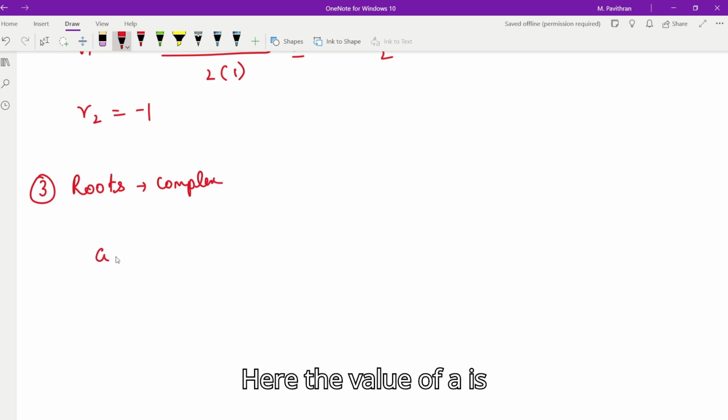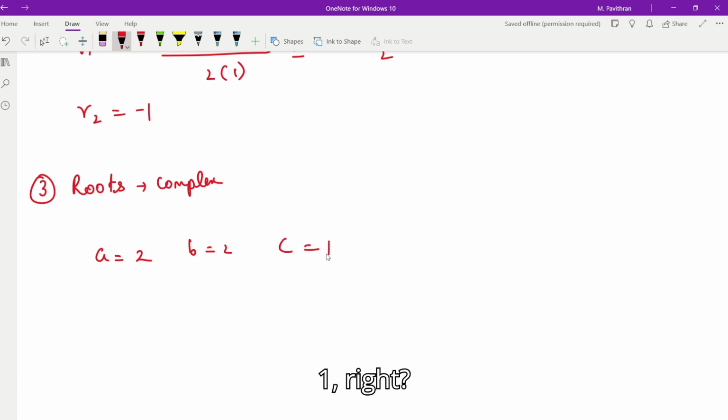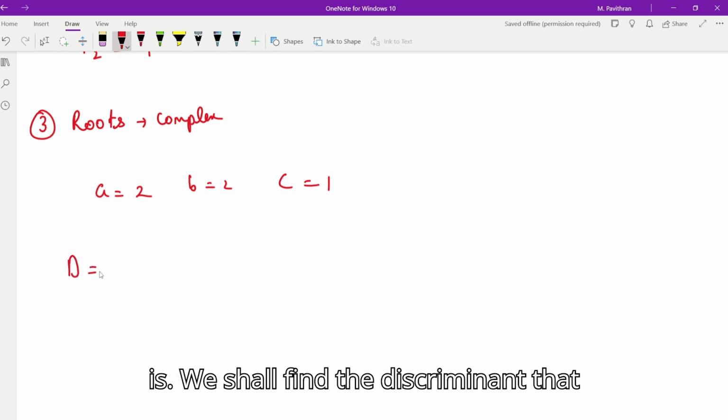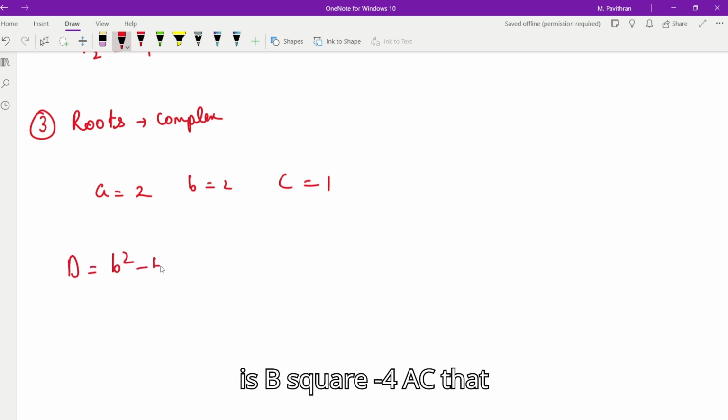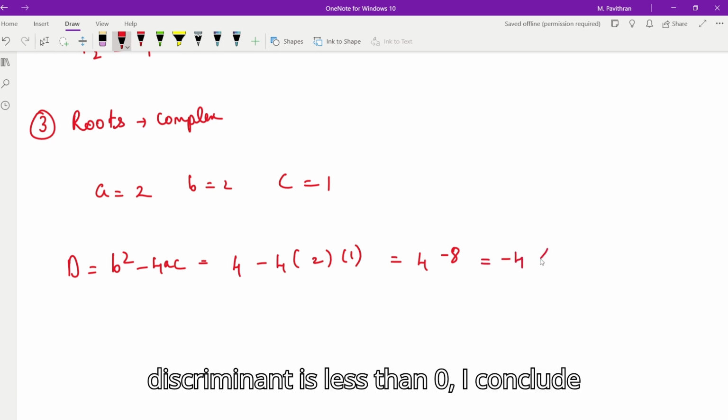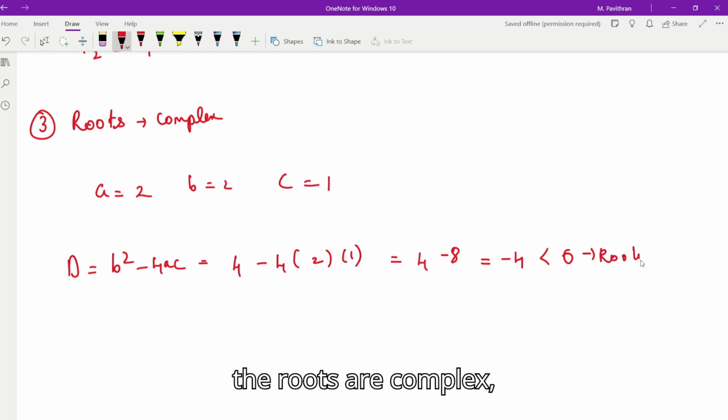Here the value of a is 2, b is 2 and c is 1, right? Let's find the nature of the roots, that is, we shall find the discriminant, that is b square minus 4ac, that equals 4 minus 4 into 2 into 1, that gives us 4 minus 8, that is equal to minus 4. Since my discriminant is less than 0, I conclude the roots are complex,